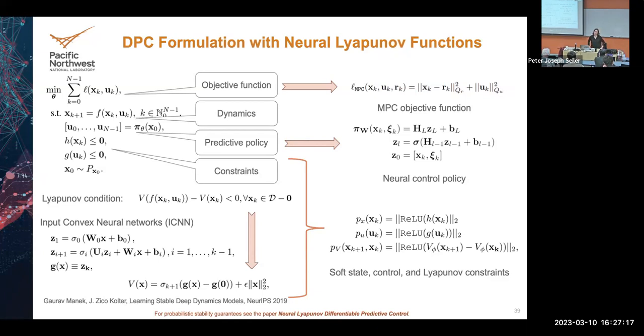In the application setting, is this kind of statistical guarantee satisfactory for the user? I think it depends on the application. I think for this type of systems where the risk is not high, if it goes unstable for a little bit, it's okay. But generally people don't really prove this kind of property of the system if they use neural networks.